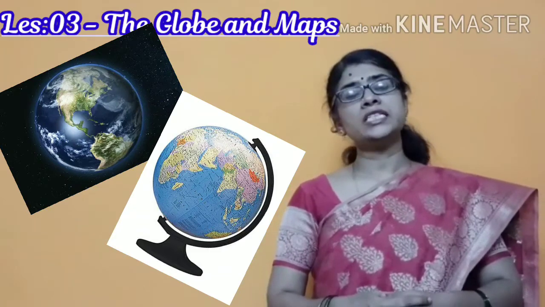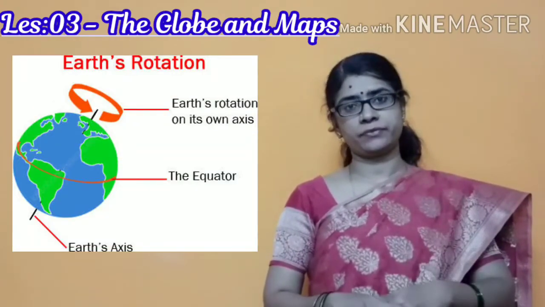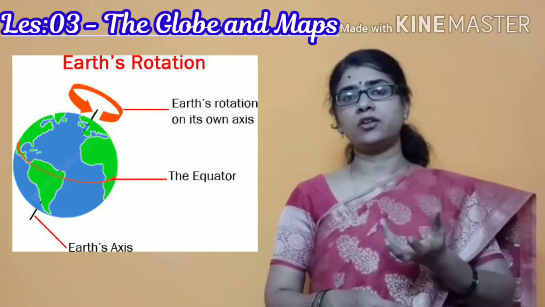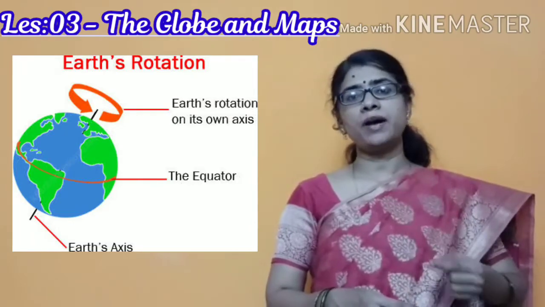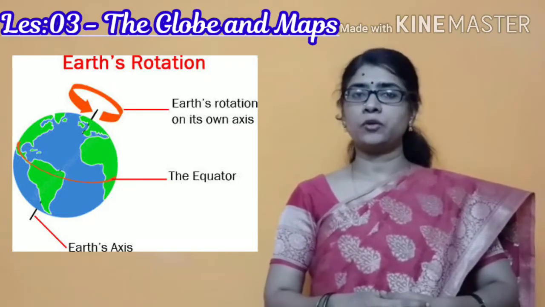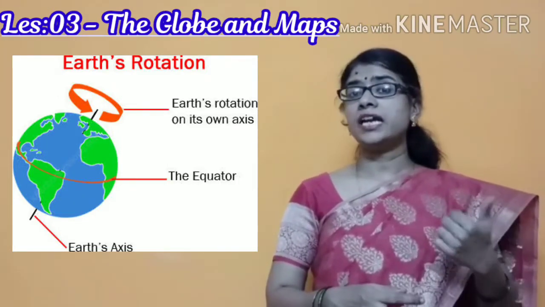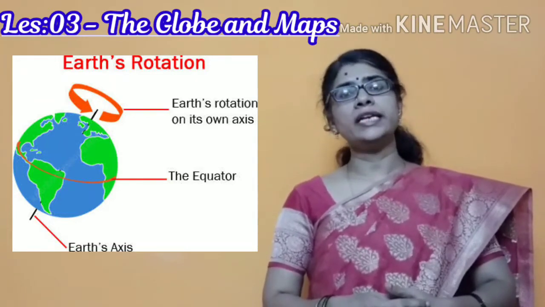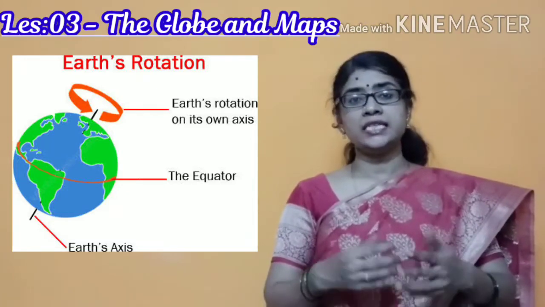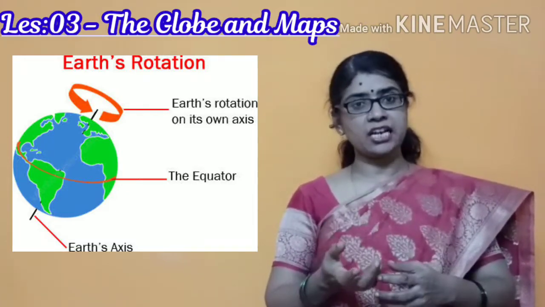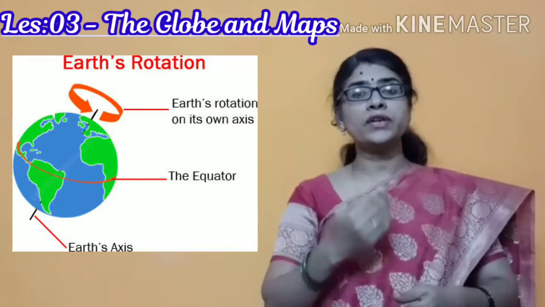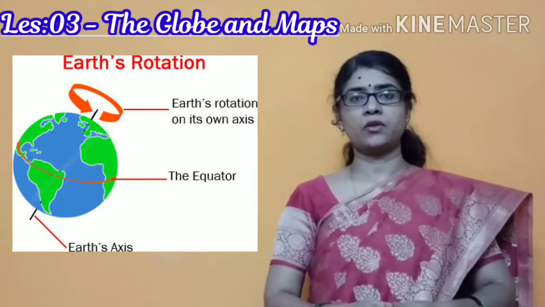This globe is fixed at the two end points and it will rotate on the two end points, with a rod passing through the middle of the globe. In the same way, our earth also spins around itself on an imaginary line called axis. Same as how our earth rotates around itself, the globe is also rotating around itself on the two fixed points. Okay children.